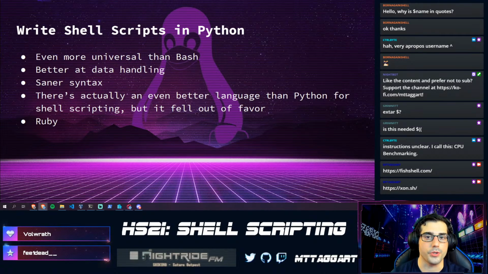If we're talking about universality, Bash is good, but I think today, especially if we think about Mac OS as well as maybe even Windows, Python can be even more universal than Bash. And as much as I appreciate the Unix philosophy for using text as its universal interface, every once in a while you need better data structures than just text. And to take advantage of that, you need something that's a little bit more robust than just Bash. That's where Python comes in.